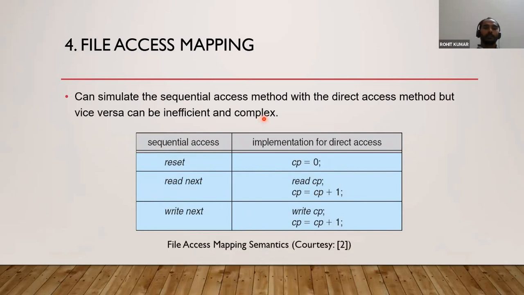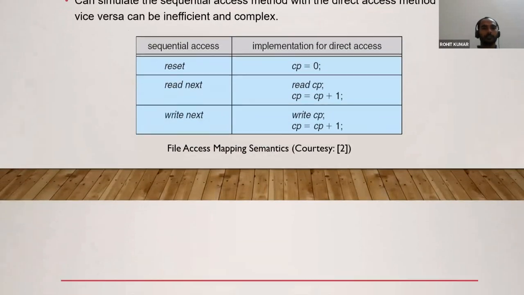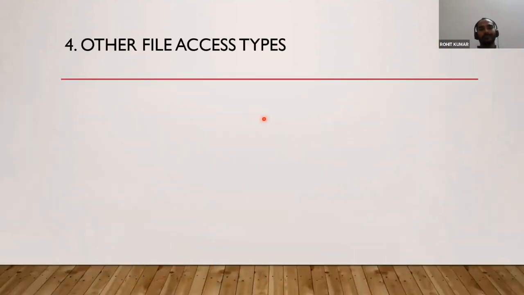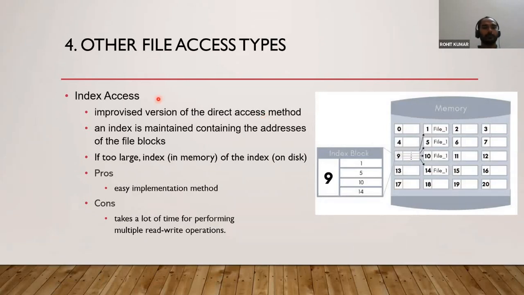Okay. So now there comes the concept of the third file access type, and that is known as indexed access. Indexed access is not a new concept. It is an extension or improved version of the direct access method, or the random access method. In this particular method, we are supposed to maintain an index that points to specific starting